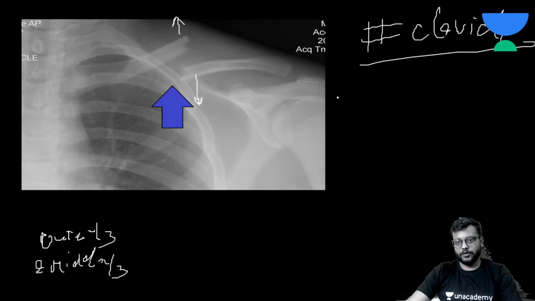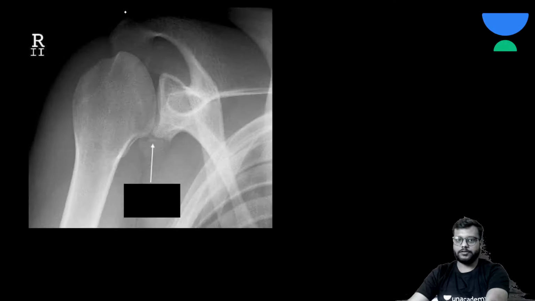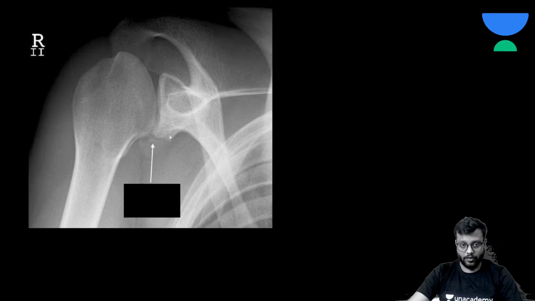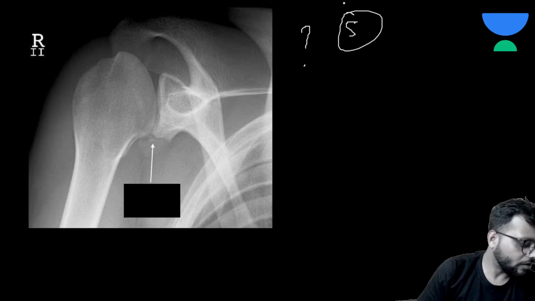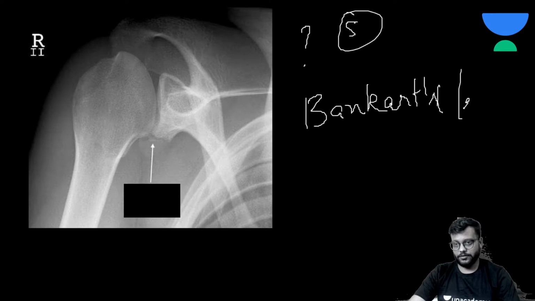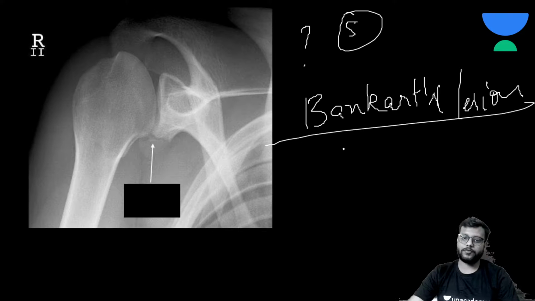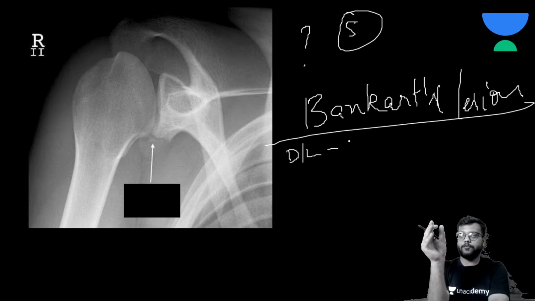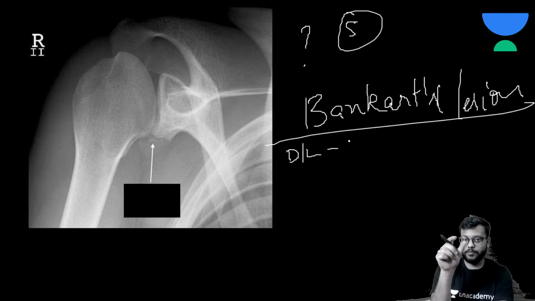So this downward pull is due to pectoralis major muscle, and this upward pull is due to sternocleidomastoid muscle. Okay, now what is the pathology here? What is the pathology here? Okay. This is Banker's lesion. Okay, in dislocation of the shoulder, sometimes the glenoid labrum that forms this rim type of thing